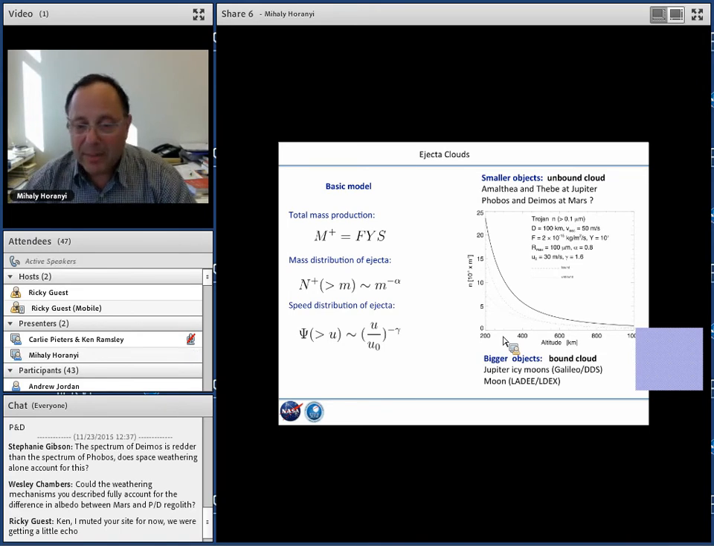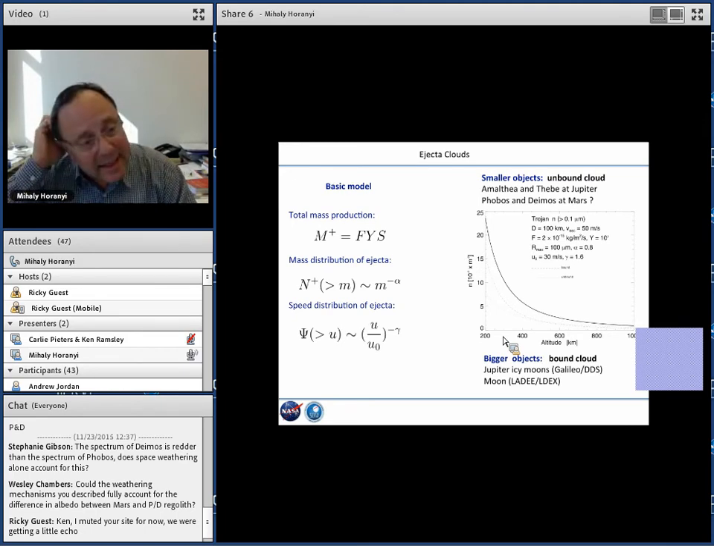And the plot on the right shows you, for example, for a 100-kilometer object, the dashed line is the bound and the dotted line is the unbound, and the continuous line is the total of the expected dust density as a function of height. The model is quite